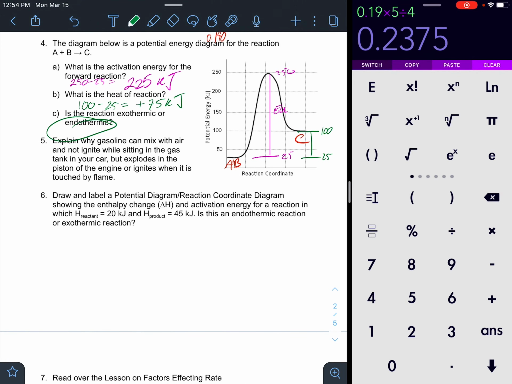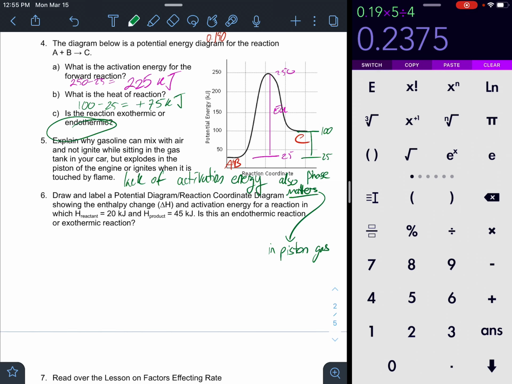Explain why gasoline can mix with air and not ignite while sitting in the tank in your car, but explodes in the piston of the engine or ignites when it is touched by a flame. So this is a lack of activation energy. Also, phase matters. In the piston,